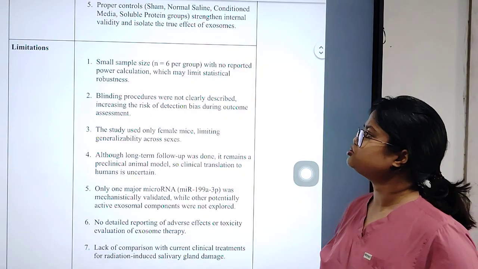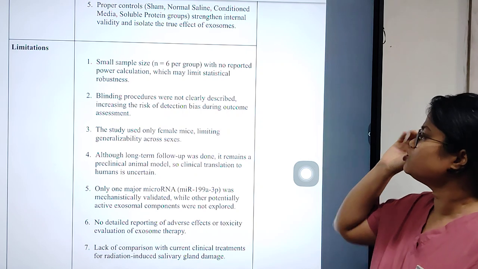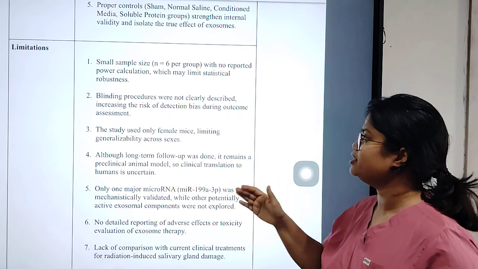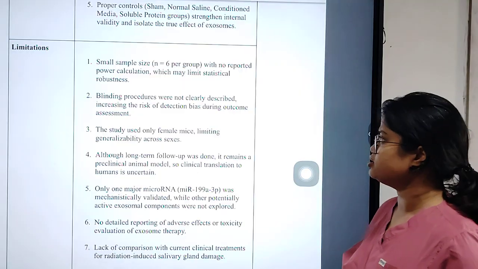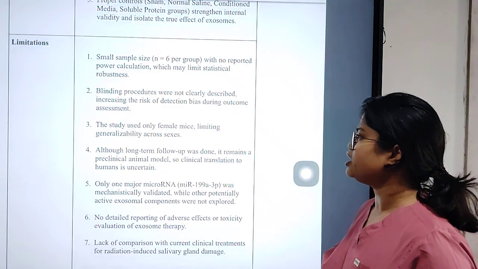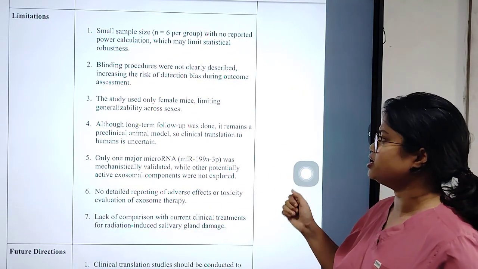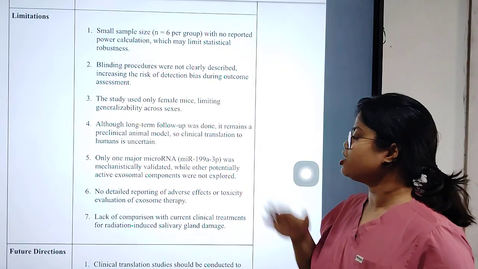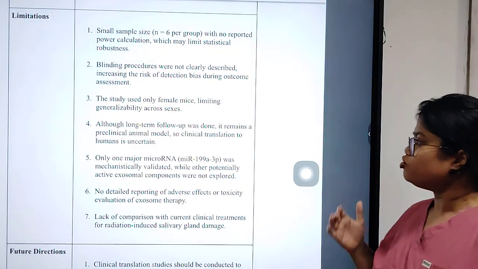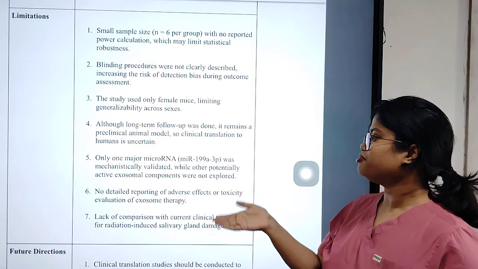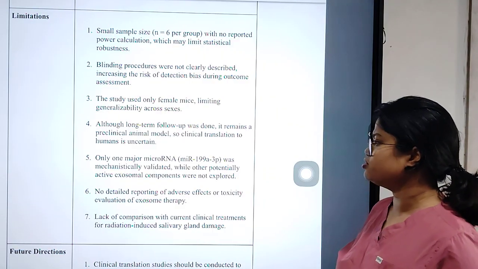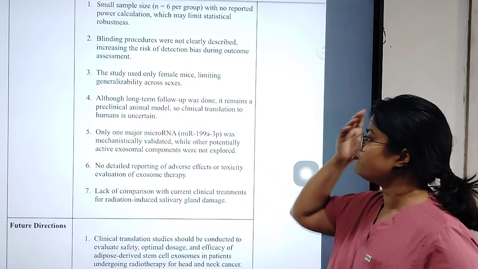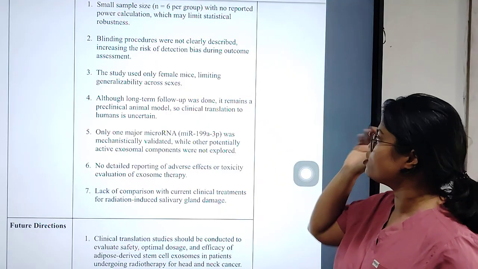What are the limitations? A small sample size with no reported power calculation, and blinding procedures were not clearly described, increasing the risk of detection bias in outcome assessment. The study used only female mice, limiting generalizability across sexes. Although long-term follow-up was done, it remains a preclinical animal model. Clinical translation to humans is really uncertain, and we have to proceed with larger animal models and then into